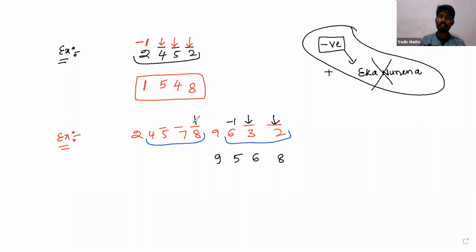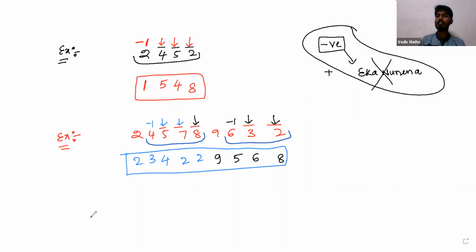So the next digit from 10. Again, the same formula you have to apply. From 10, then you are getting 2. From 9, you are getting 2. From 9, you are getting 4. So this is the positive digit. Subtract 1 from the digit, then you are getting 3. And 2 is not included in the group, so we write 2 as it is. So this is the solution of this number.